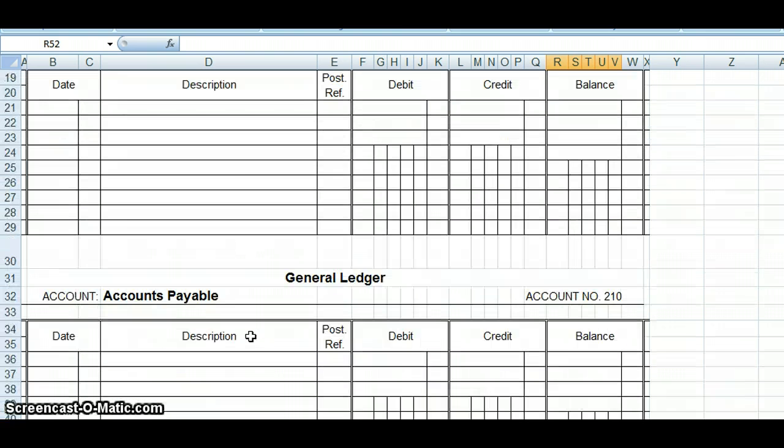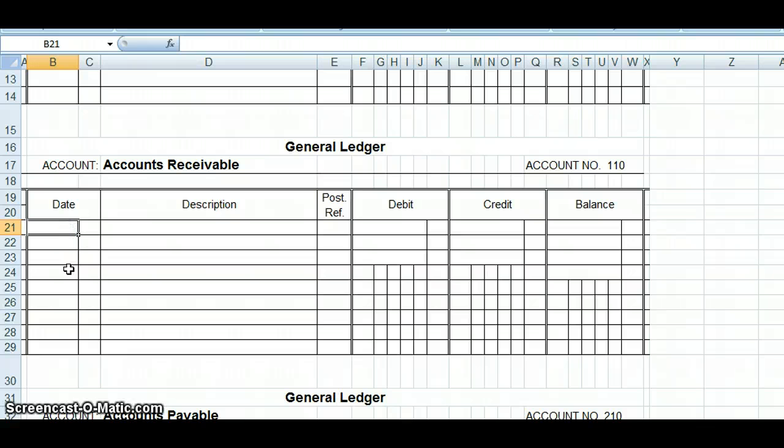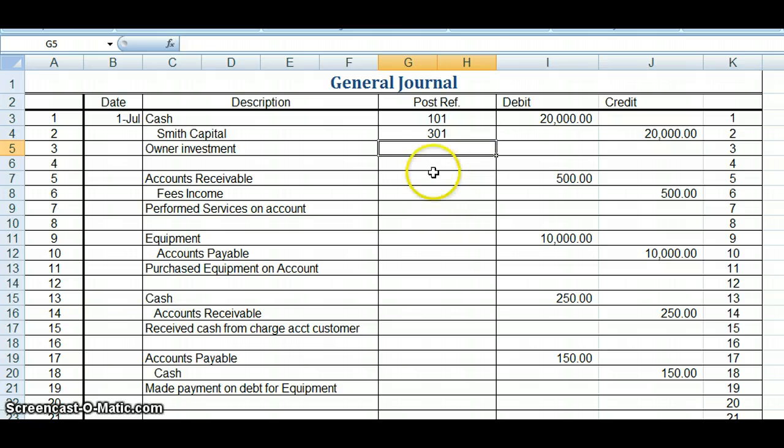Scroll up till I find accounts receivable. I'll stick in the date. No description, journal page 1 for my posting reference. What's the normal balance of accounts receivable? Anyone remember the normal balance of accounts receivable? That's right, it's a debit balance, so we'll put 500 there, and we'll put a balance of 500 there. So this chronicles the transaction, this keeps the balance for us. We'll go back to our journal, put in the posting reference of 110, and then we'll go back to fees